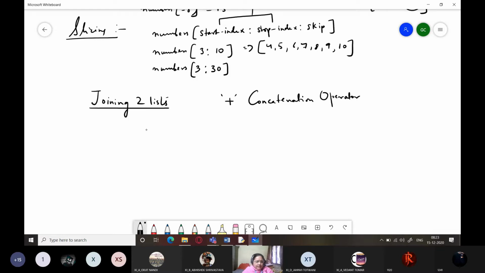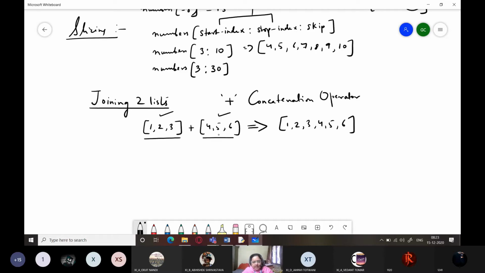So if I have a list here 1, 2, 3 and I have a list here 4, 5, 6, if I just join them right now, how am I joining them? I have just taken two unnamed objects or unlabeled objects, just use the concatenation operator. It will give me a third list which contains all elements of the first list and the second list, where elements of the second list appear after the elements of the first list.